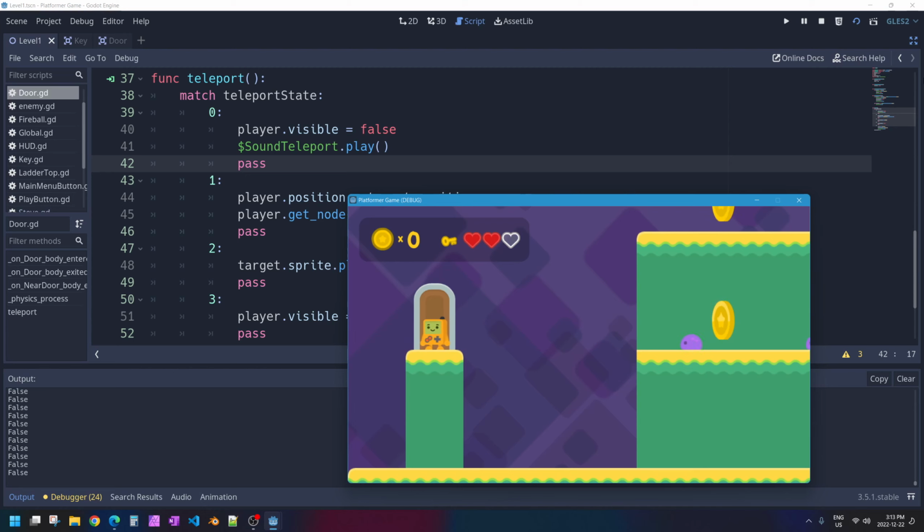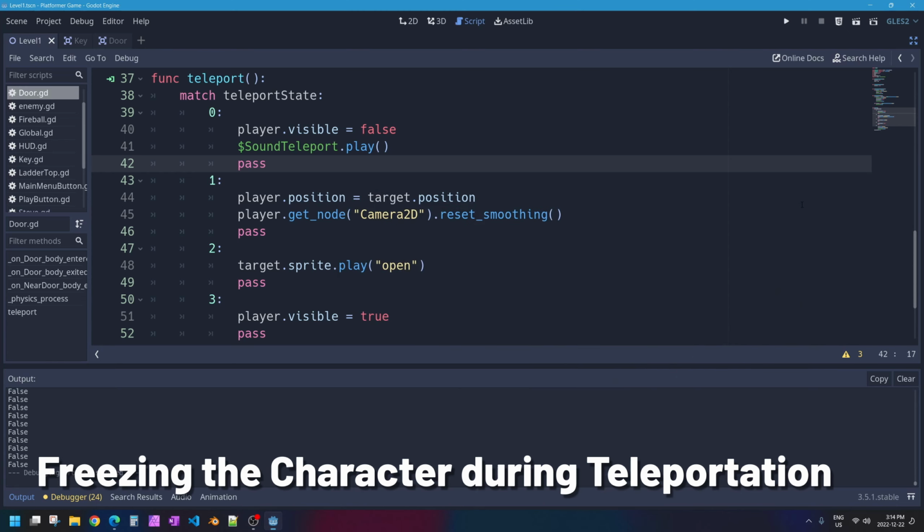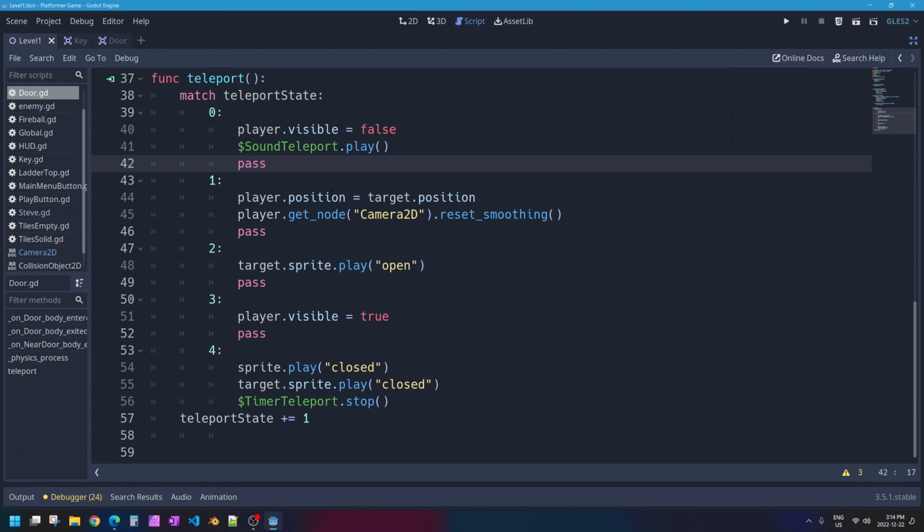I was walking. I'll walk to the left this time. You see how I kept walking even though I was invisible? How do I stop that from happening? Well, what I essentially need to do here is stop all player inputs. And the easiest way for me to do that is